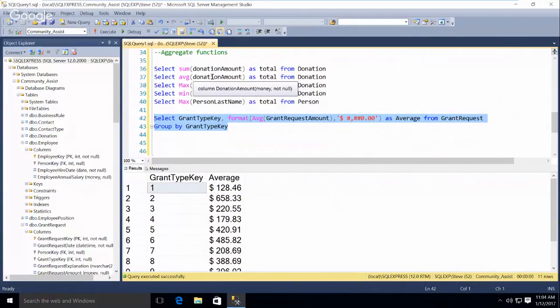The average for grant type key 2 is 658. I think that's correct. The average for grant 3 is 200. It's been grouped. The totals have been grouped by the grant type. Right, so instead of doing the whole table, it does subgroups.